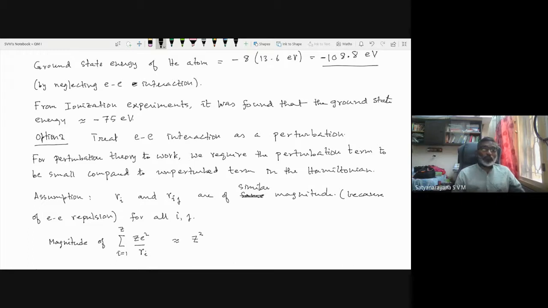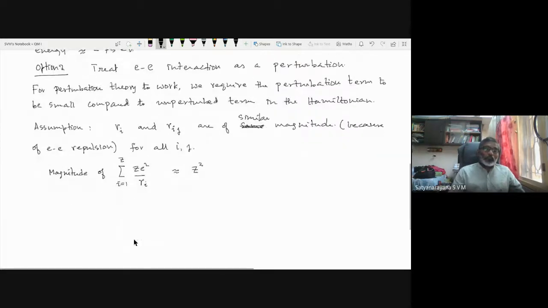Okay, this will be of the order of z square because this is proportional to z and there are z terms. So you can pull this out, then there will be z. So that will be of the order of z square. Now, let's try to understand what is the magnitude of